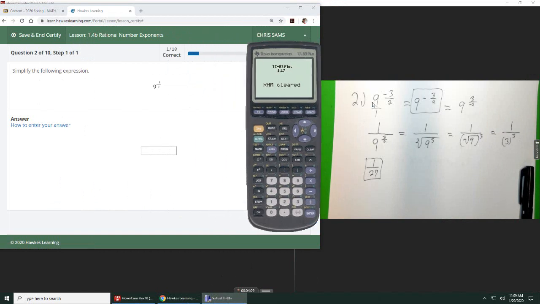Okay, so I'm going to type it in. No, disregard the 1 on the bottom, just 9 raised to the negative 3 over 2. It's going to look a little bit different here because it's the older version of the calculator, but you'll see. So I'm going to type in 9. If you do the exponent, this right here makes an exponent. And then I'm going to do in parentheses, because it's a fractional exponent, negative 3 divided by 2, and then